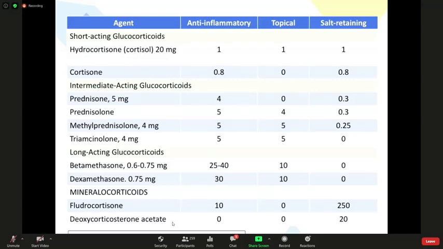Kaya yung dose din ng hydrocortisone, typically 200 to 300 milligrams siya. Only because the anti-inflammatory potential of hydrocort is less than prednisone. So yun yung rationale. And that's why, let's say, for conditions like